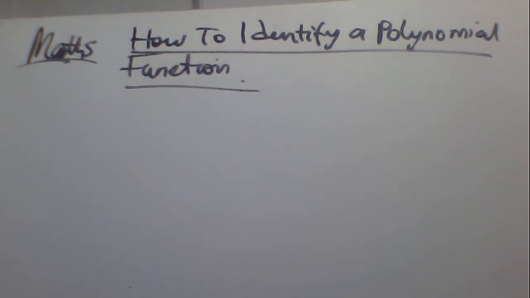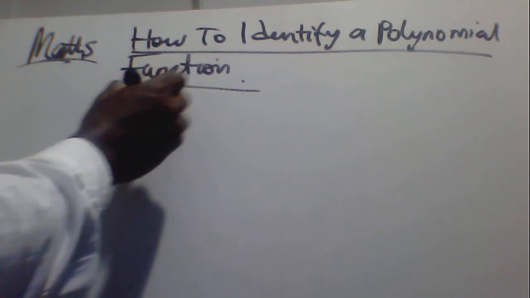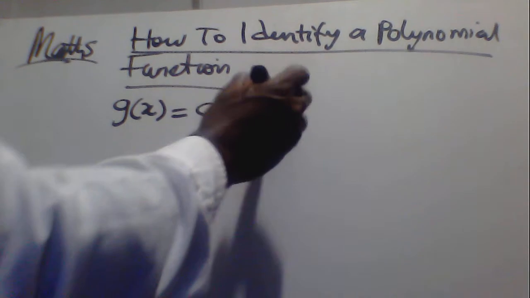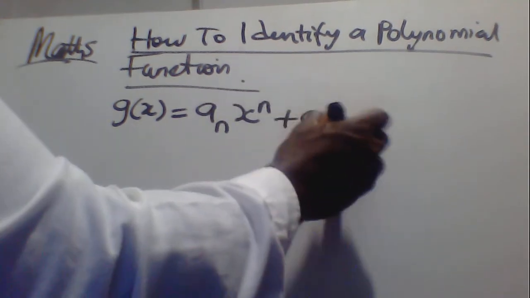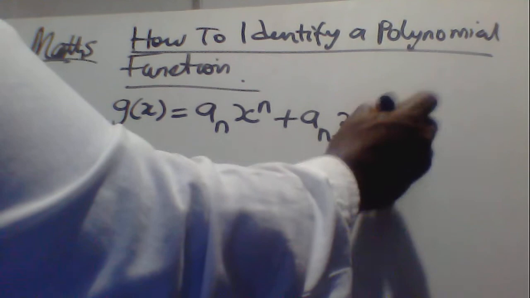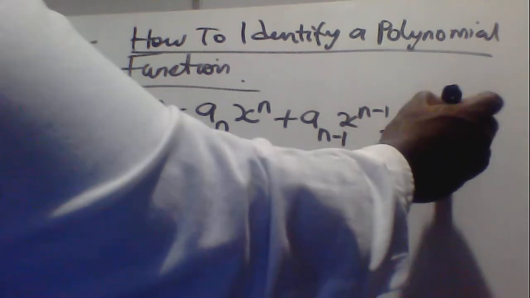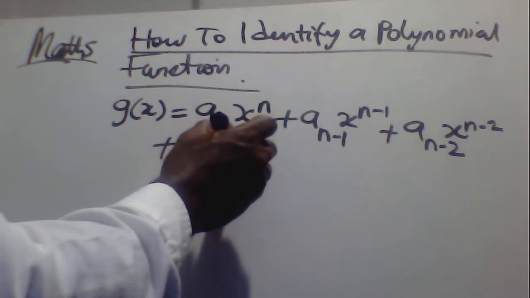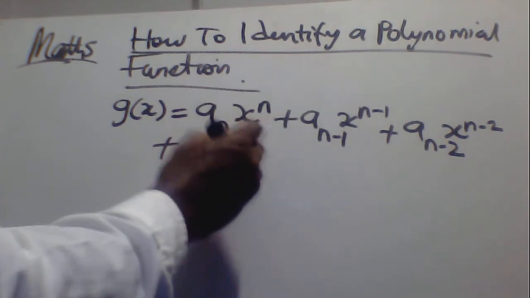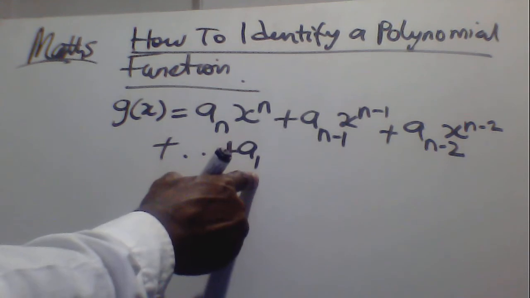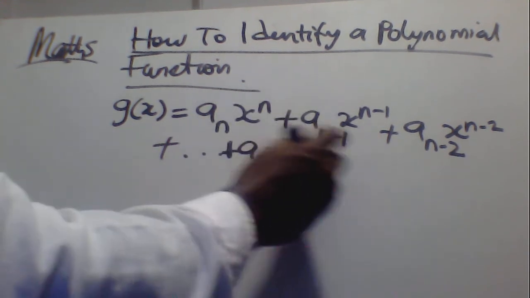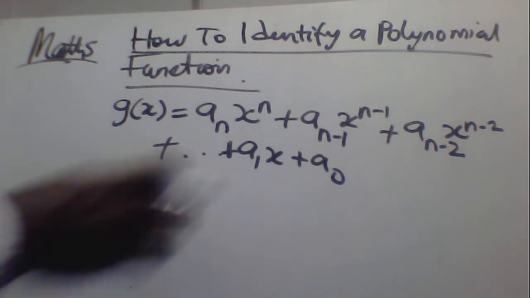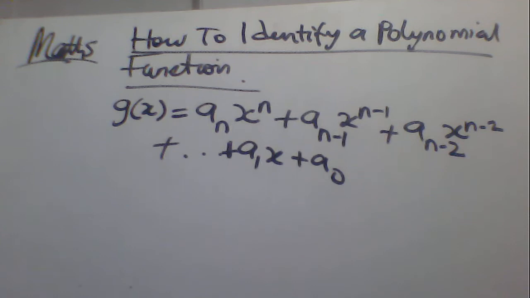Recall that a function of the form g of x is equal to a_n x raised to power n plus a_(n-1) x raised to power n minus 1 plus a_(n-2) x raised to power n minus 2, and this continues until you get to plus a_1 x plus the constant. This type of function is said to be polynomial